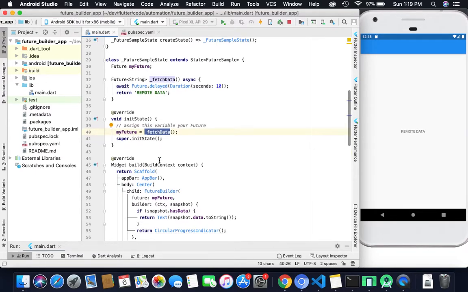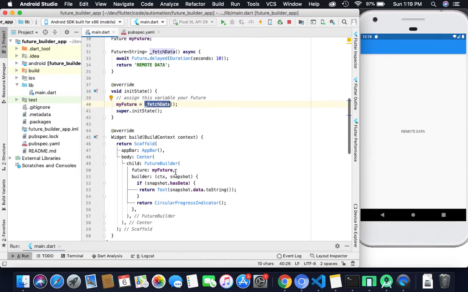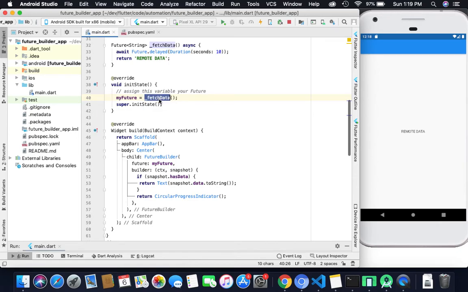I will let you know why we do this rather than directly calling this method inside our FutureBuilder, and what the advantages are.